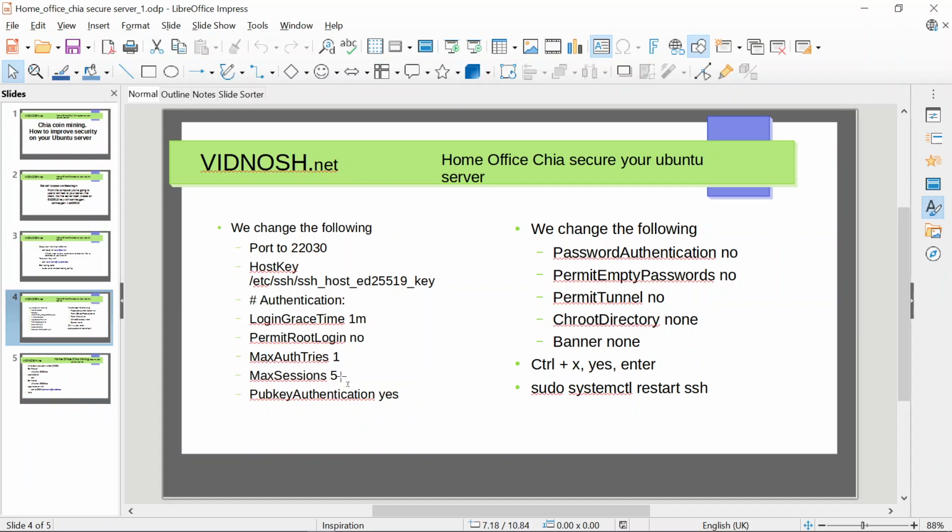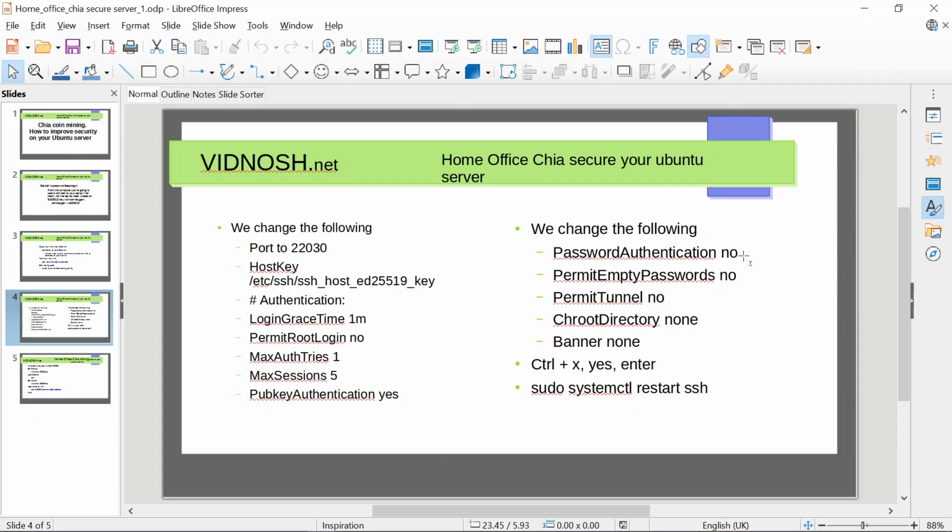If you are very busy like we are, then you can double that, but I would not leave it for more than 10. Public key authentication needs to be altered to yes,